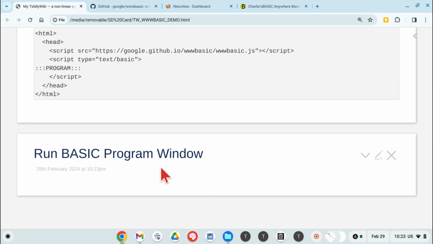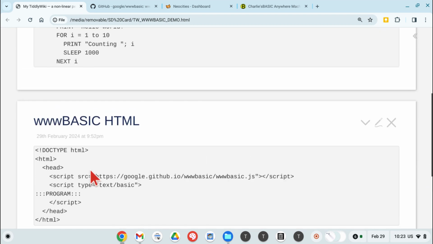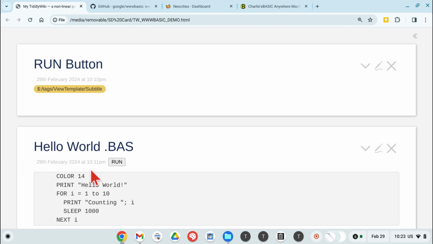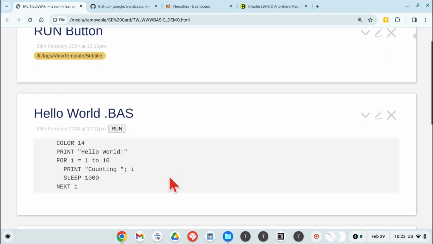So when we open this Tiddler, there's no attempt to try to run a program that would normally be found in current Tiddler because this current Tiddler is in the program. So anyway, a little bit of cleanup. I kind of like doing that. Now, next thing that we could do is